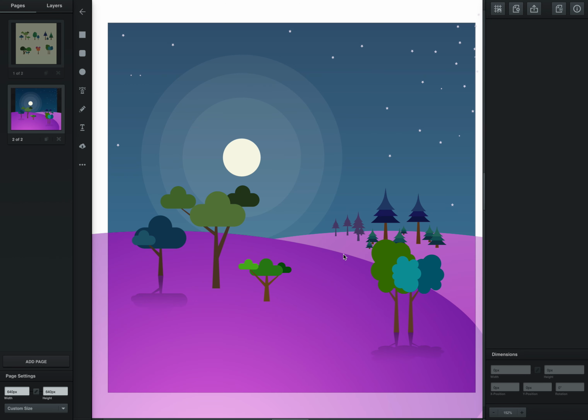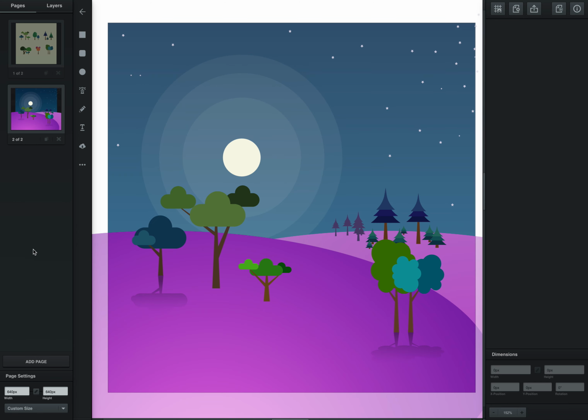We have the light color going to the dark color, and then again light to dark in the back here as well. This is what's called a radial gradient. Let's go ahead and just get started on this. I'm going to get you started for today, and then I'll do a part 2 of adding the trees. We'll just do the sky and the mountains and the moon and stars, and then we'll bring in our trees